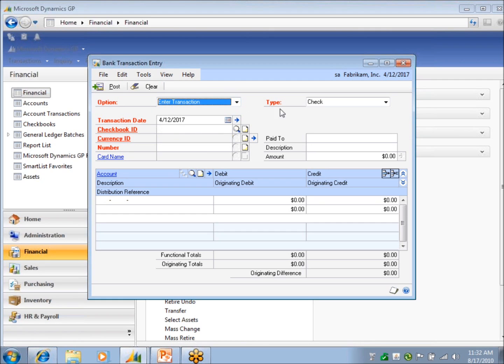So if we do a transaction, our types change a little bit here. So I've got a check option. Here's my wire transfer because I changed that in the bank rec setup, because that's what we use that for all the time. Increase adjustment or decrease adjustment. If I did a check,